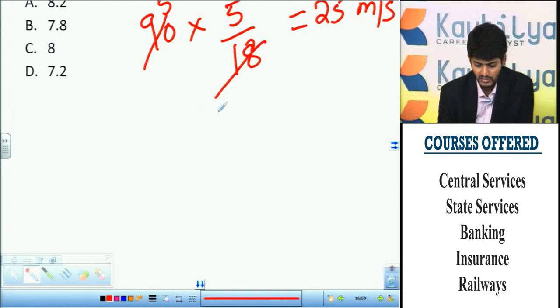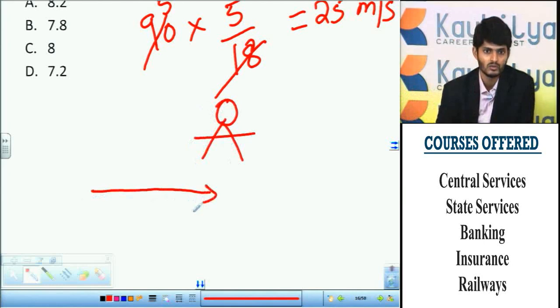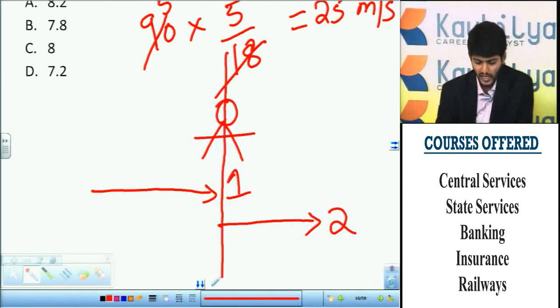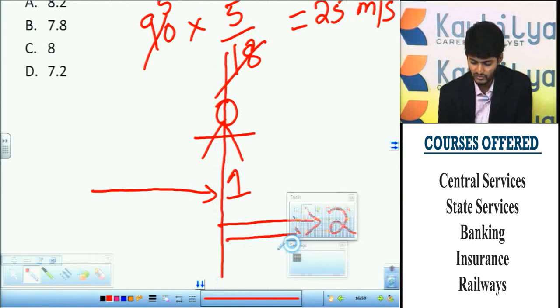So let us say you are standing near a railway signal, and the train is like this. It is initially about to cross you, and in the next scenario, it has completely crossed you. If I draw a line here as my reference line, as you can see, the distance traveled by the train from the first scenario to the second scenario is nothing but its own length, which is this value. In the given problem, this value is given as